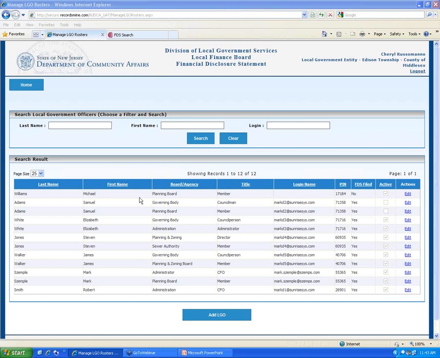Next question. If you have an LGO who is also a member of the county authority, do I have any responsibility in regard to the authority PIN? The county authorities are going to be managed by the counties, correct, Chris? Yeah. So no. The question is no. The LGO will have to get that PIN from the county authority. You're going to only be responsible for the PIN for your organization and giving that PIN for your organization to the LGO. If the LGO is associated with any other organization or entity, they need to get the PINs from that organization or entity. It's not your responsibility to get them for that LGO.